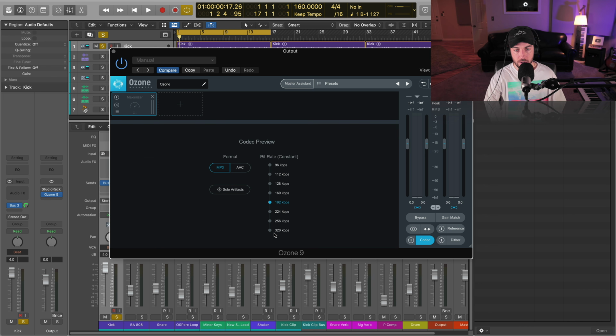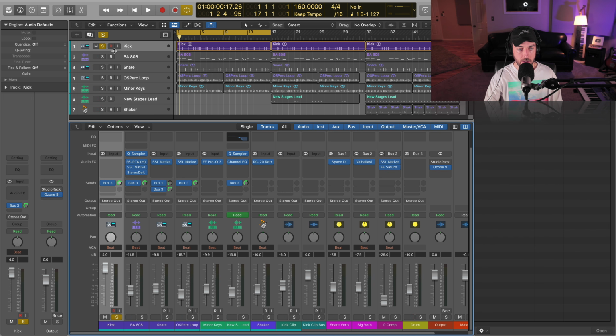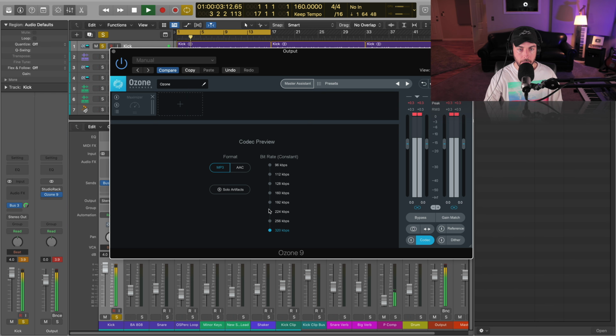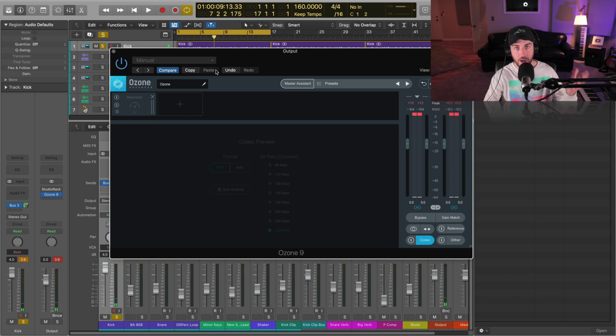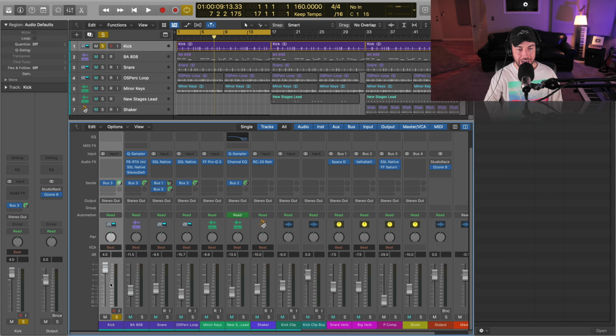And if we go to, say 320 MP3, something like that, we turn that on, and then we solo this. So there we can go ahead and hear what that conversion is going to do. Obviously, we can hear that we're getting digital distortion caused by that kick clipping the stereo bus.